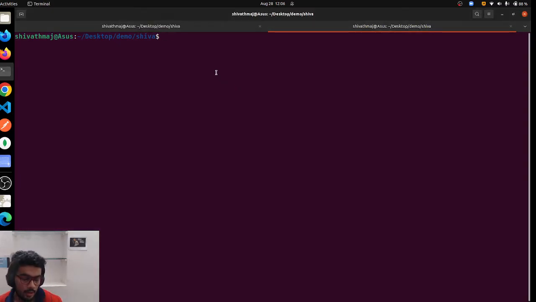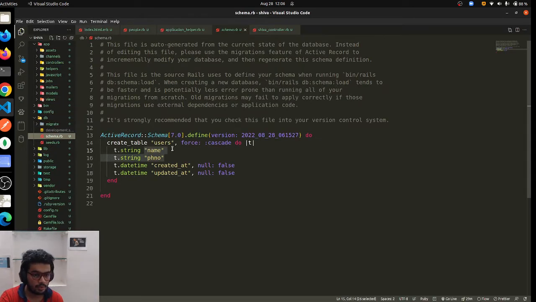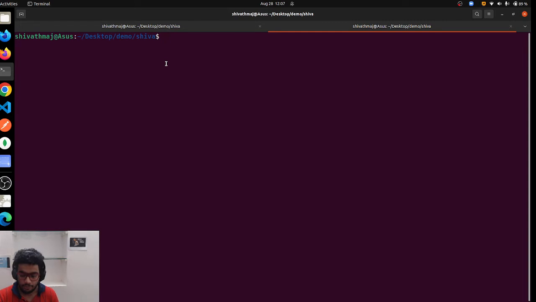Now let's see how to work with the Rails console and SQLite. You already know that we created a database. This database has one table called users, with name, phone number, and all those IDs. If you already know SQLite, in order to run